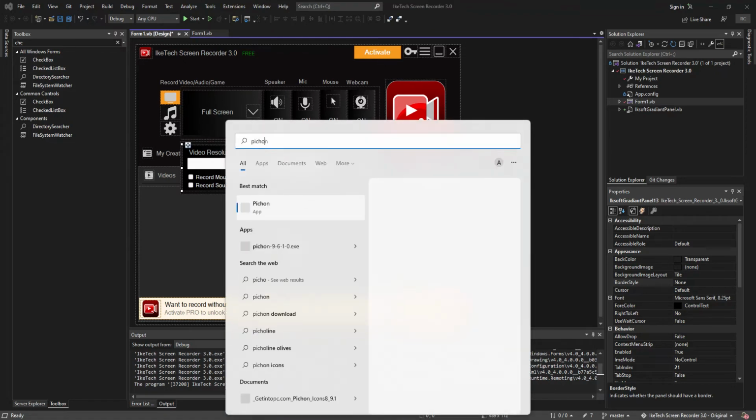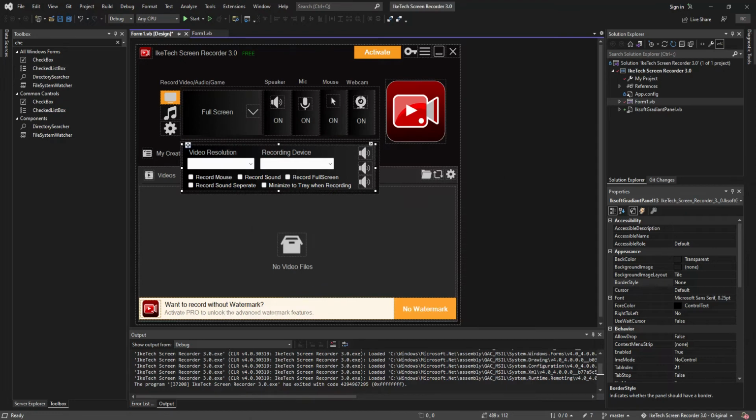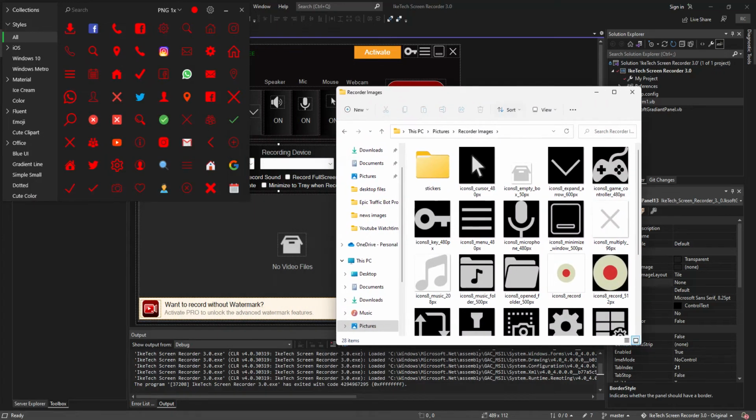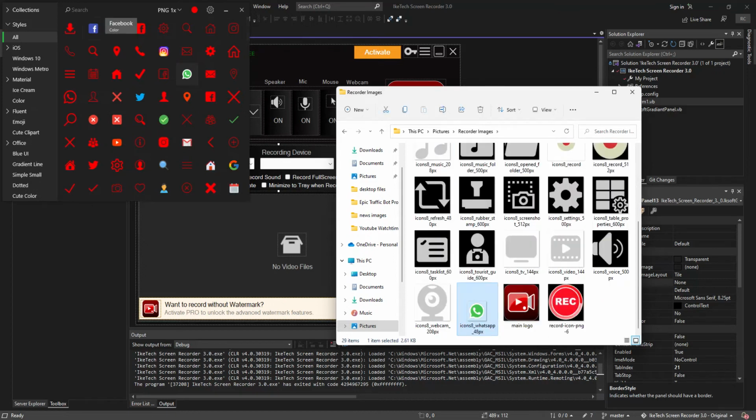So what I'm going to do from these is launch up my Btn. Of course I already have it here, so I'm just going to launch my Btn, and I'm just going to go in for the social media, that is Facebook, YouTube, Instagram, and all that. So I'm just going to add some icons. I'm just going to go to my directory, where of course I have my pictures, and we have a recording images folder we are working on, and this is the image. So I'm just going to drag and drop this WhatsApp here, drag and drop this Facebook here, and drag and drop